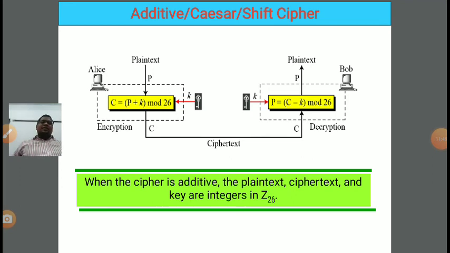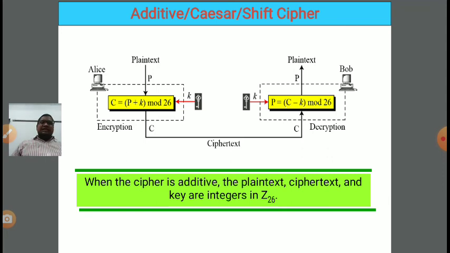In the additive cipher, various types of attack can be done, but the two general attacks are, first, the brute force attack. Here Z26 means a total of 26 possible combinations. If you try all the keys, then we can compromise the ciphertext. Means if from the ciphertext we want to get the plain text and we don't know the key, then if you apply all 26 possible combinations, you will definitely get the exact plain text. Clear? So we can make a brute force attack here, and it is easy to make because the total possibility is only 26, so it is easy to implement.